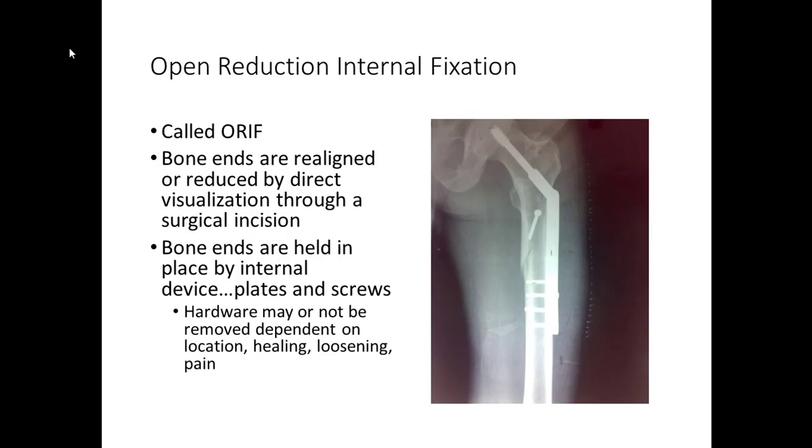All right. We're kind of moving along. Kind of windy tonight, but an ORIF, open reduction internal fixation. So what that is, somebody has a broken bone. The doctor goes in, does this surgically, so he can actually look at the bone, and then he's going to fix it with screws, plates, whatever they may need.